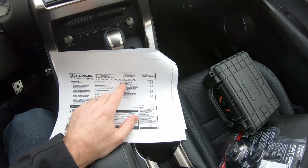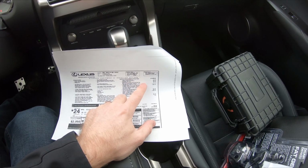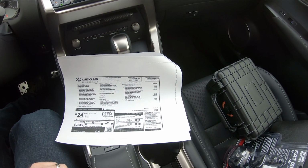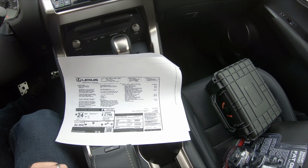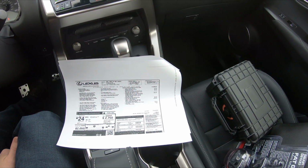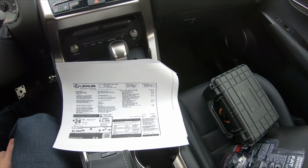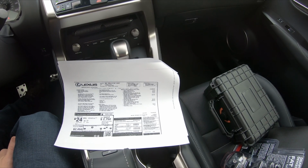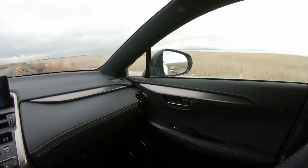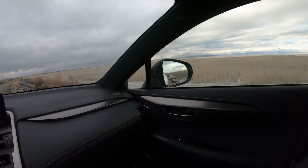And to get there, that's a $10,000 to $11,000 difference. You have the adaptive variable suspension for $770, the moonroof or the sunroof. It was part of that. Oh, panoramic backup monitor, so the surround view cameras is $800. Windshield de-icer at $100. The auto dimming mirrors. So on this thing, the exterior mirrors are auto dimming as well, and I really like that feature,